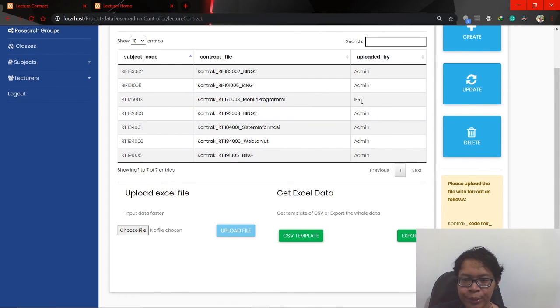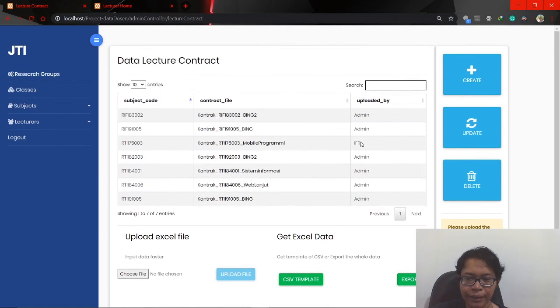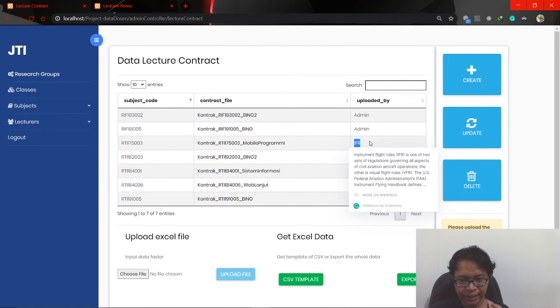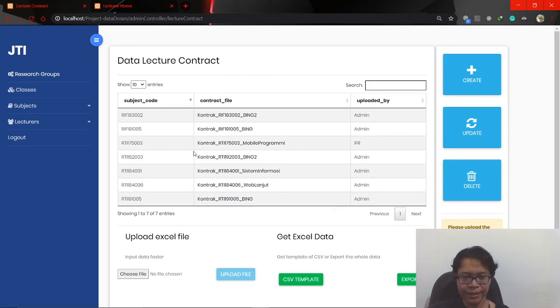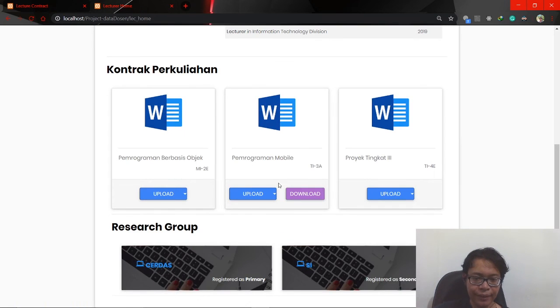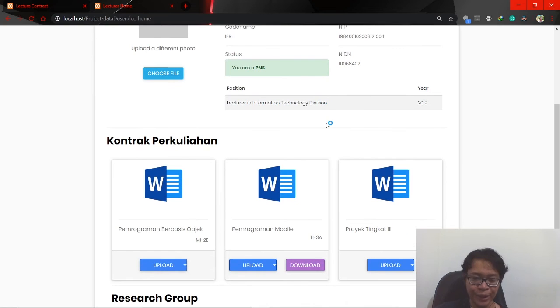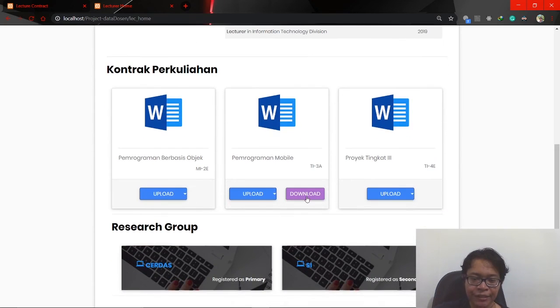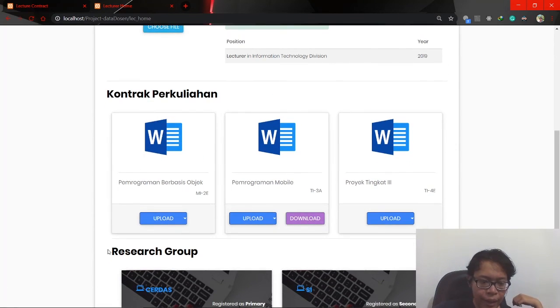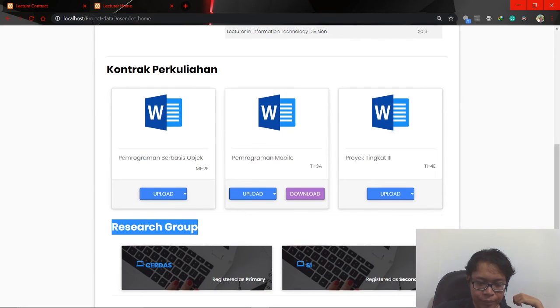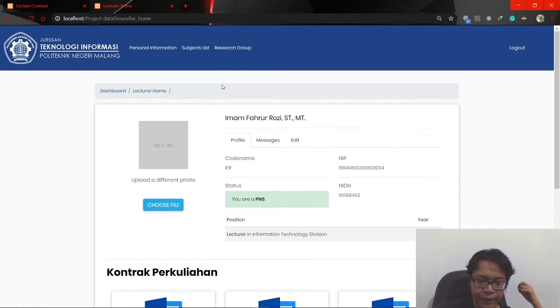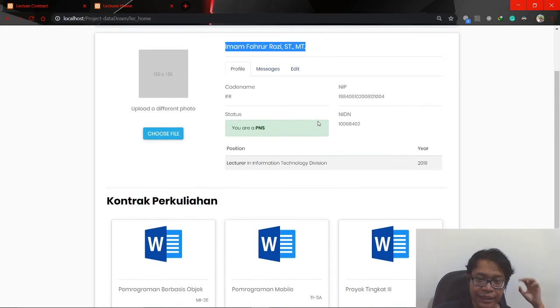We will try to upload another as well, but the administrator knows that this contract file with the subject code is uploaded by Mr. Imam. So that's my point. And if for some reason Mr. Imam lost his files, he can download it. And in the research group, we can know that Mr. Imam is being registered